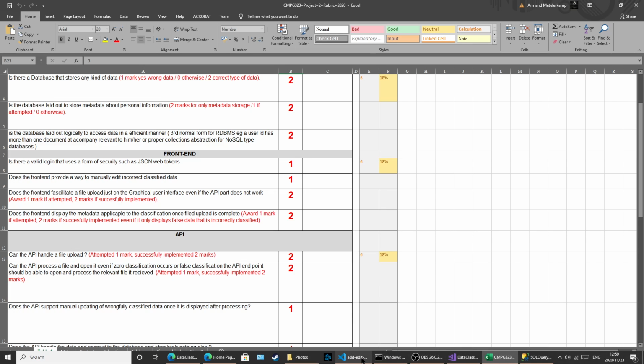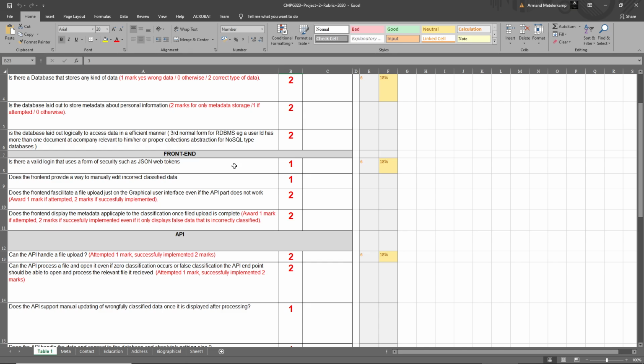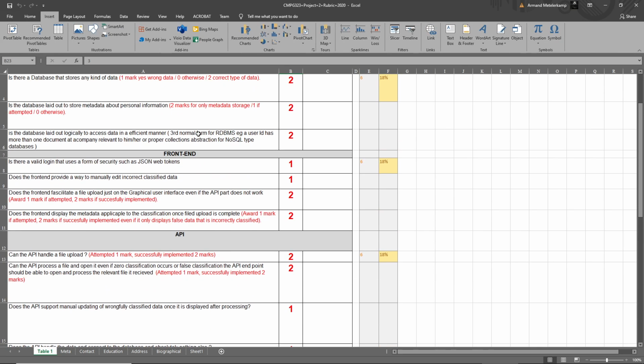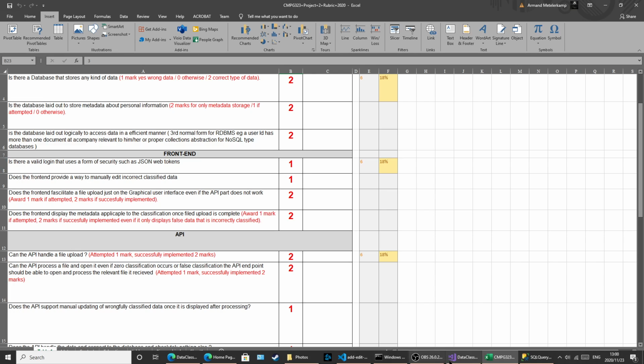Unfortunately, no. As I said before, I wanted to simplify this program as much as possible. There is some security regarding backend when it comes to exporting the table data, but that's about it. Does the front end provide a way to manually edit incorrect classified data? So the only way that is possible for me at the moment with my project,